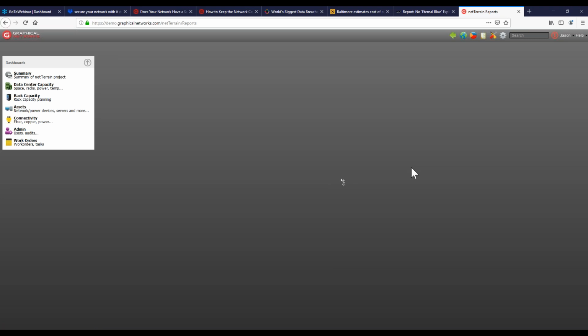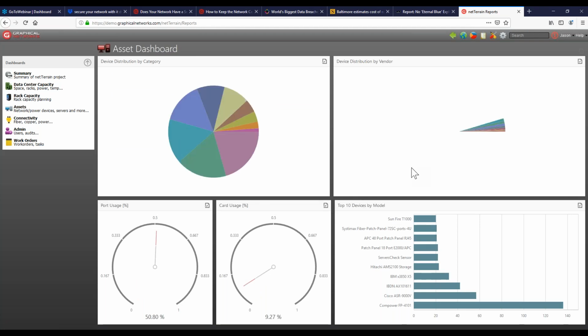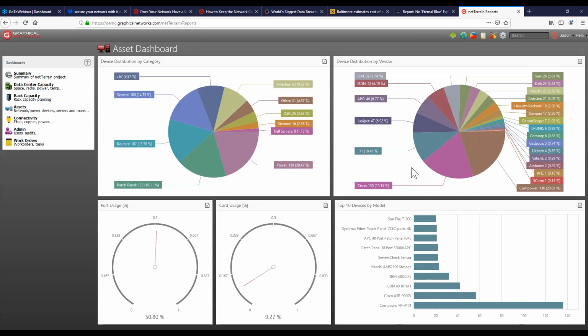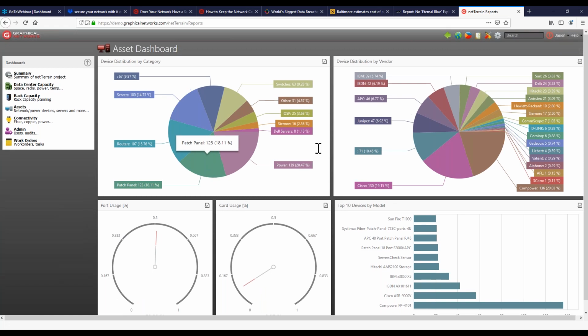We have kind of two types of reports. We have the dashboard / management type reports, which are like what you see here, where it's more like pie charts and things like that. You can also get into more of a CSV type report, where, let me allow this pop up here, I'm trying to generate this other report here, which is a table report. So you have different ways of getting data out of the system.